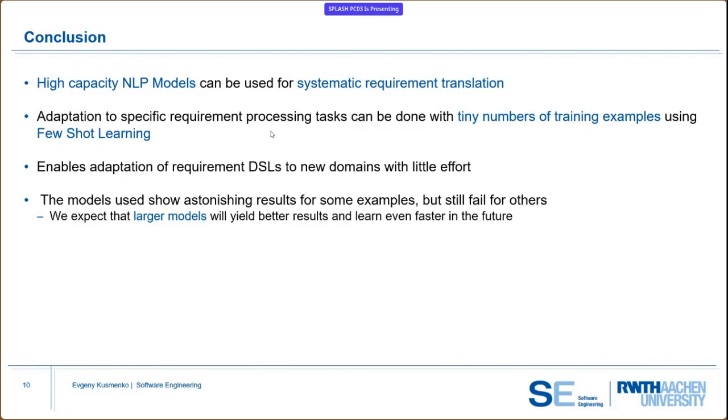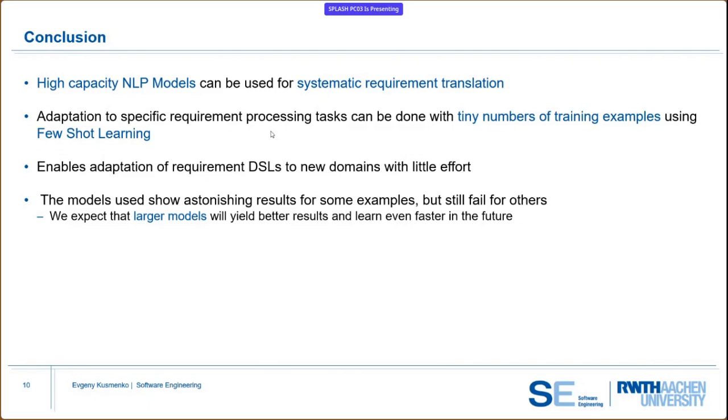I have two related questions. One is that the window that you're allowed for the translations is 4K characters. So the input that you can use for training and for the actual task is relatively short. And requirements tend to be notoriously long. So how much can you actually do in practice, and how many training examples do you need? These were clearly designed to fit the slides, but how does it look in practice?